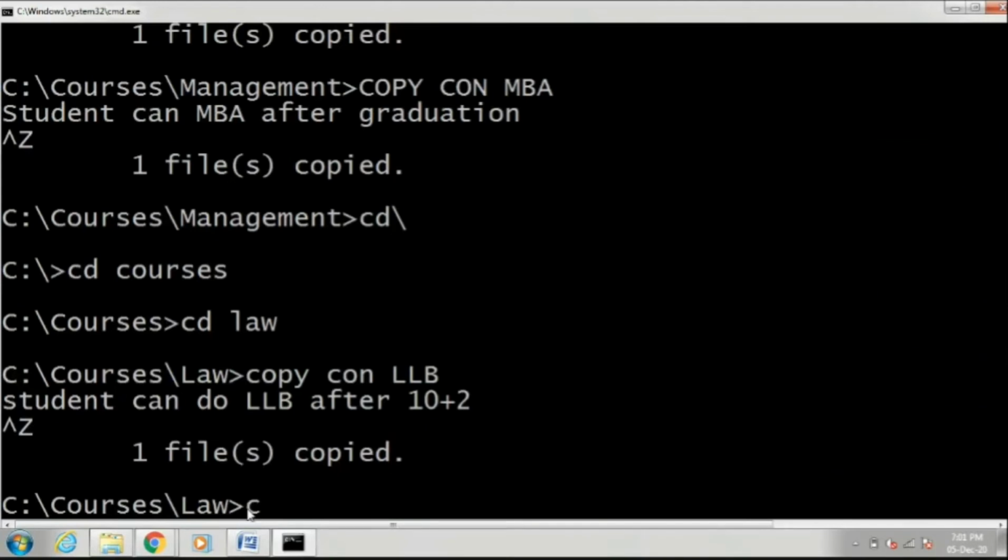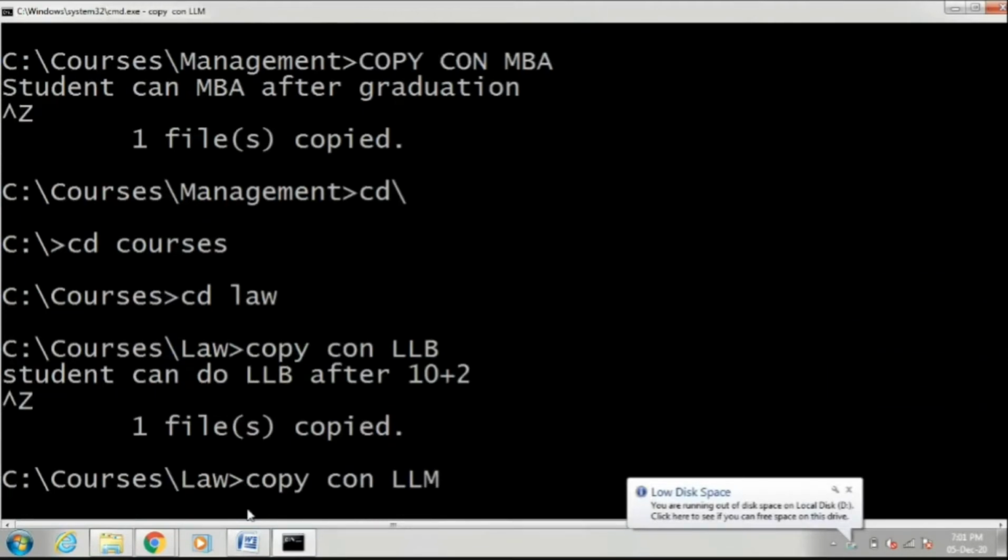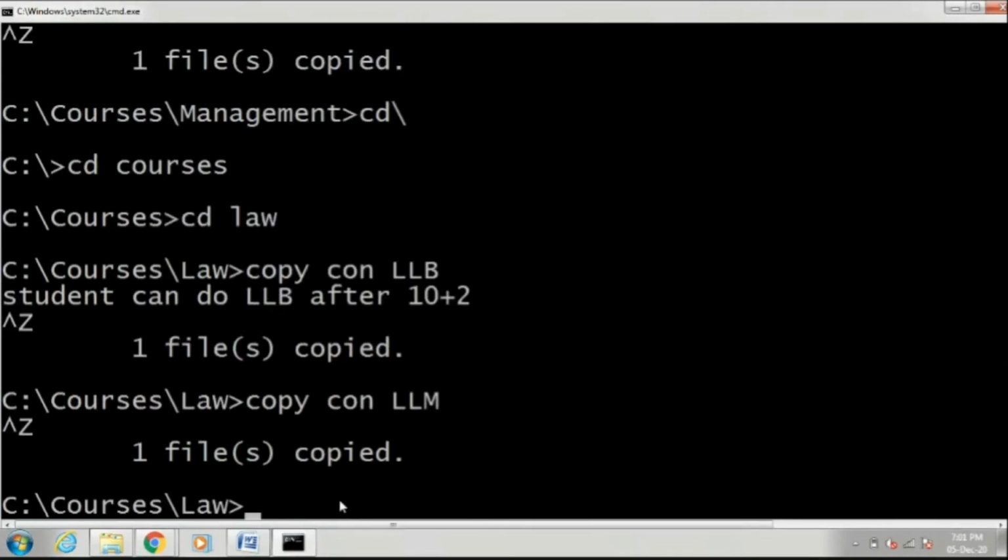Going ahead with creating another file, copycon LLM. I am not writing any content here, so I'm just pressing Control Z. Enter. So no content has been written in the LLM file, but the file has been created.